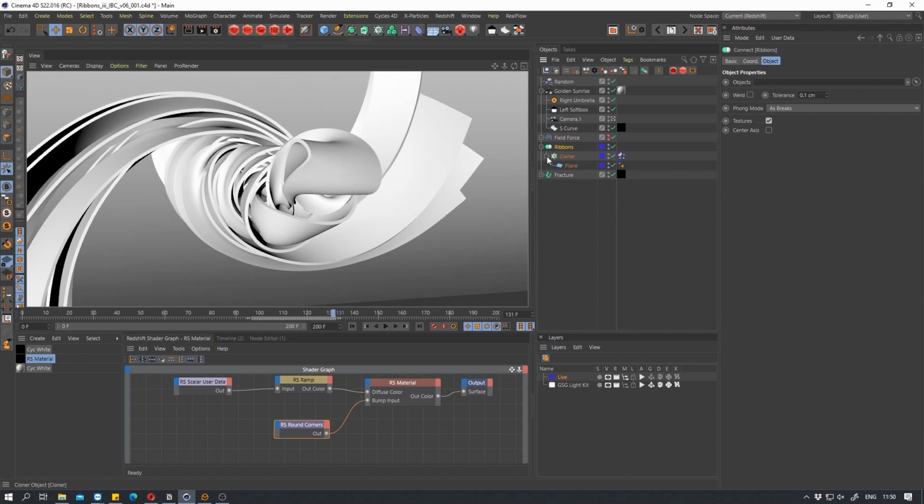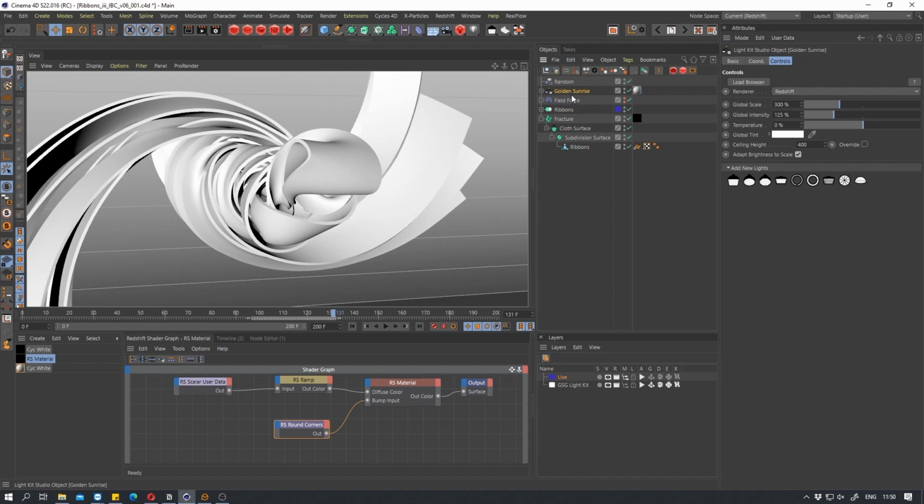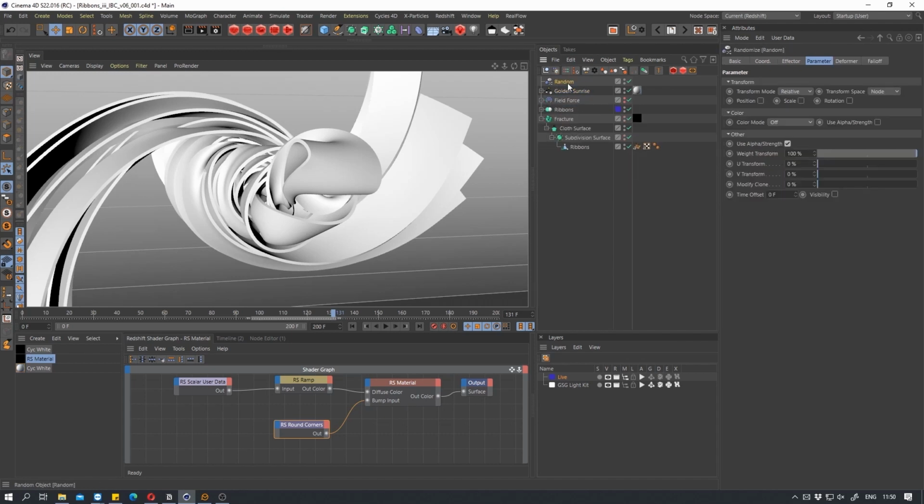So these are the actual ribbons made with the cloner, and then after baking that to an Alembic, I use a fracture to separate them to be able to shade them and all that. I'm also using Greyscalegorilla's Light Kit Pro to light the scene. And I have a few forces, and I have a random here for the color, and I have a simple shader here. So let's start over, and